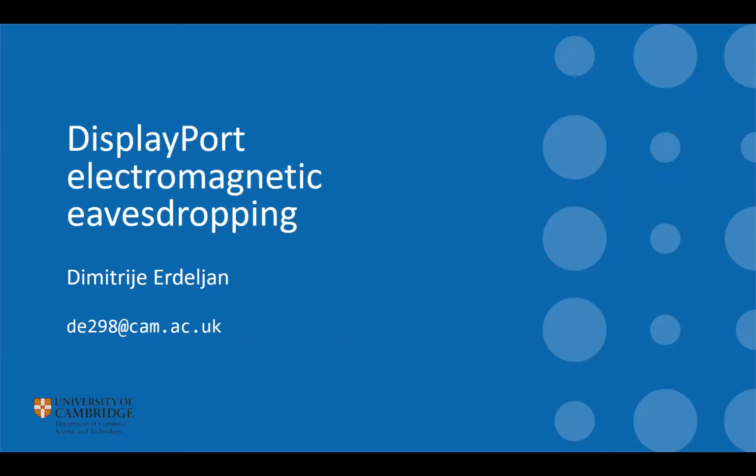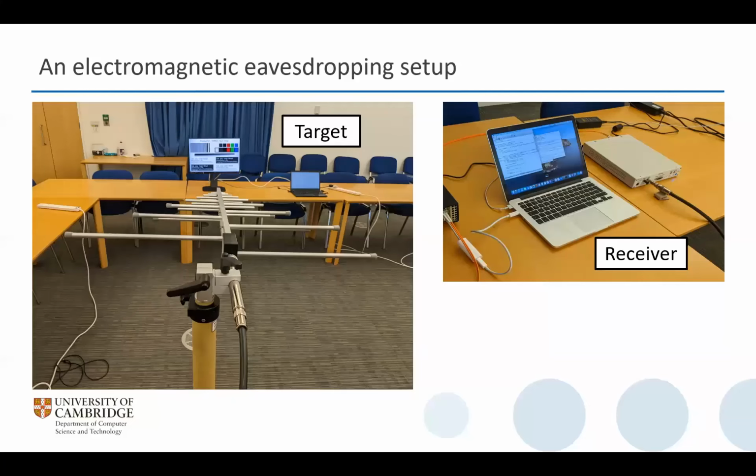And just to get an idea of what we're talking about here, here's an example setup that we're using to make recordings for which you'll see the results later on. So on the far side of the room, you can see our target, which is a monitor and a laptop connected to it with a DisplayPort cable. And we've got a radio antenna pointed at it, and that antenna is going into the receiver that you can see in the other image, which is a software-defined radio and a laptop connected to it running our software to